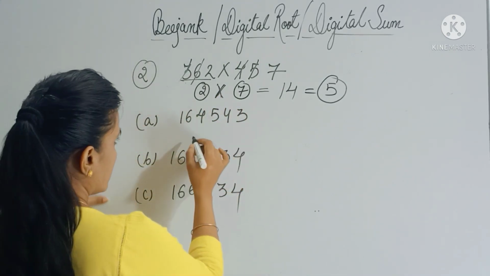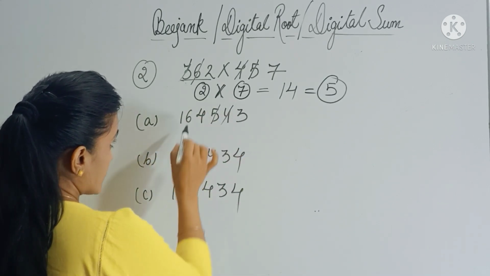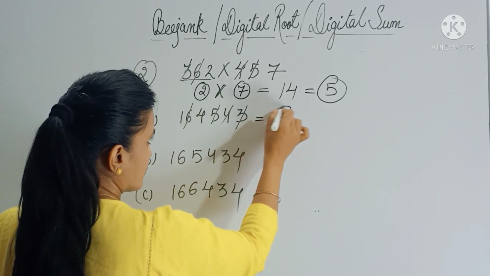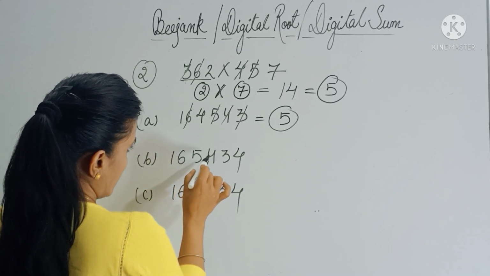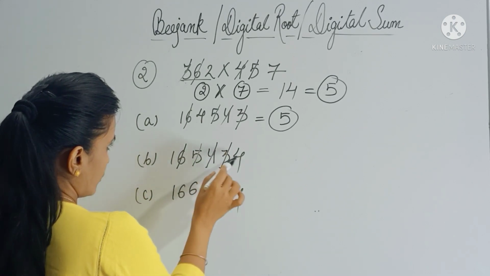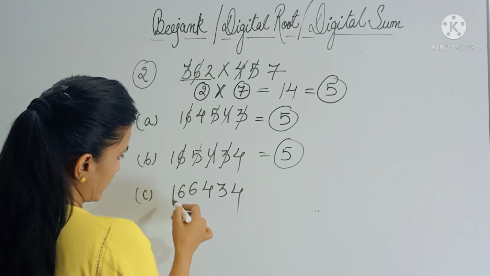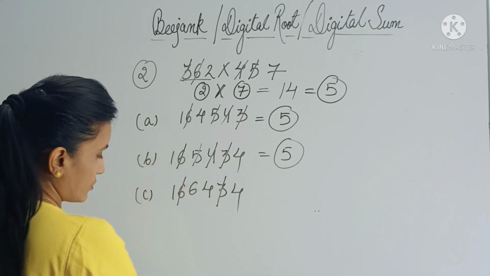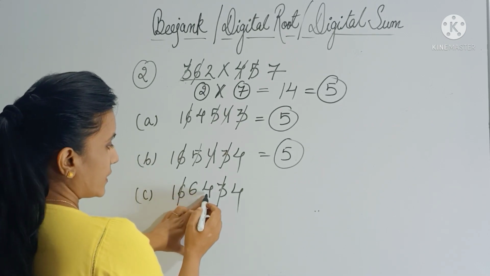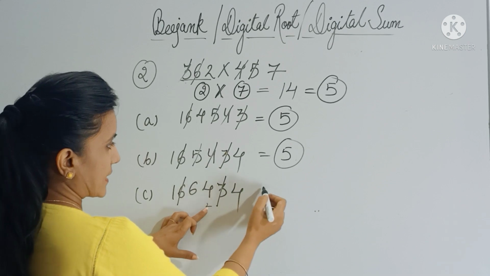Now here in the answer, you can see that 5 plus 4 is 9, so strike off this. Now 6 plus 3 is 9, strike off this. Now 4 plus 1 is 5. So 5 is the digital root of this number. Now here 5 plus 4 strike off, 6 plus 3 strike off, and 4 plus 1 is 5. Here you can see that 6 plus 3 is 9, so strike off. Then 6 plus 1 is 7. 7 needs 2 more to become 9, right? So it will take 2 from here. So here 2 is left. Now 2 plus 4 is 6, right?